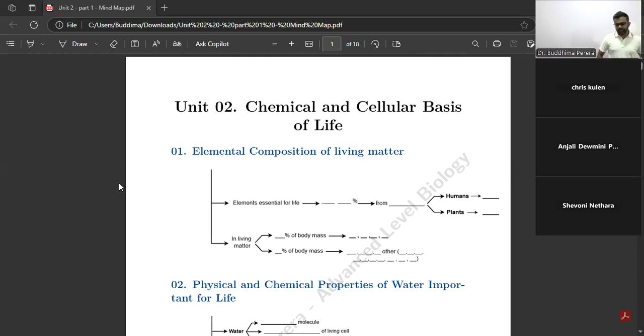So in this lesson we discussed the chemical and cellular basis of life. There are a few new students also. So this is the mind map, right? This mind map